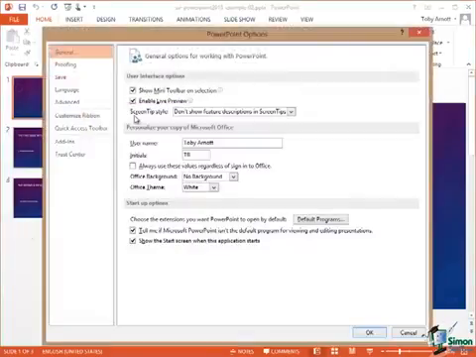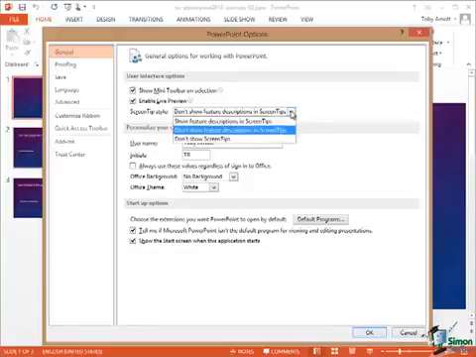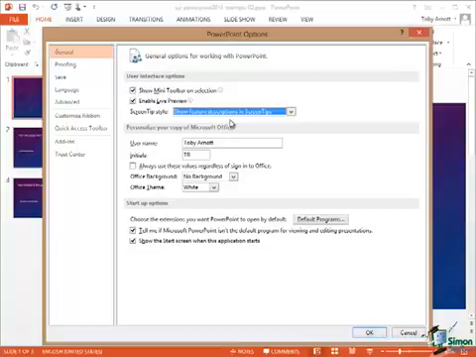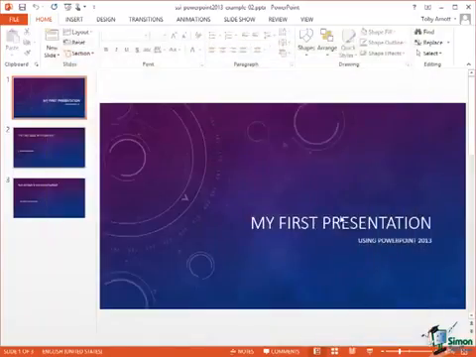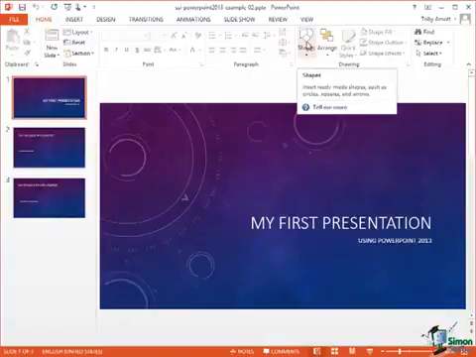On the general page, the third option there is Screen Tip Style, and it says Don't show feature descriptions in screen tips. If I change that to say show feature descriptions in screen tips, click on OK, then go back to that same command again, hover over it, I now get shapes, insert ready-made shapes such as circles, squares and arrows, and